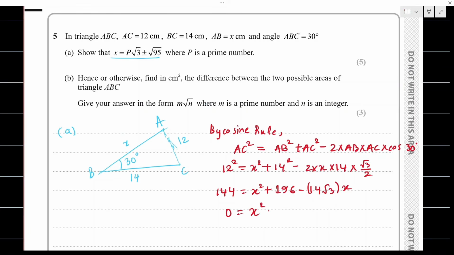So 0 is equal to x squared, minus 14 root 3 x. I have arranged the terms in ascending powers of x. This will give us 196 minus 144, and this gives us 52 as our answer